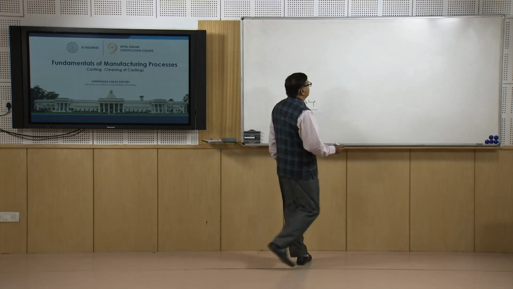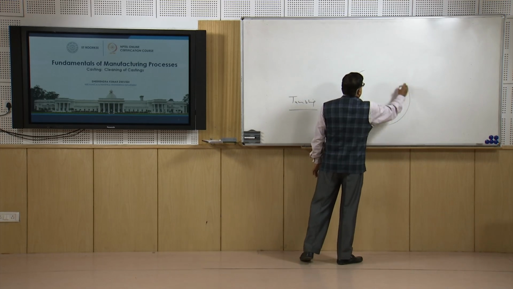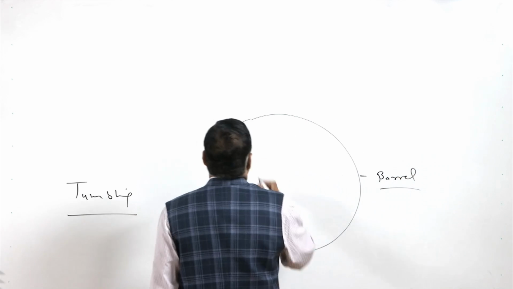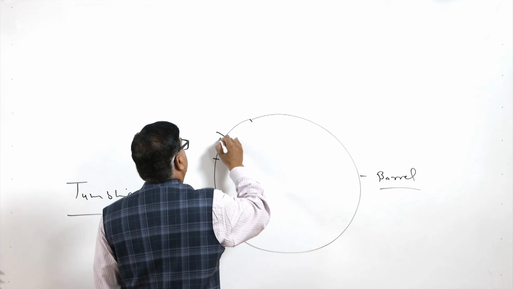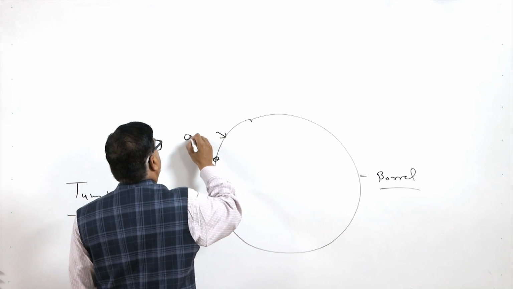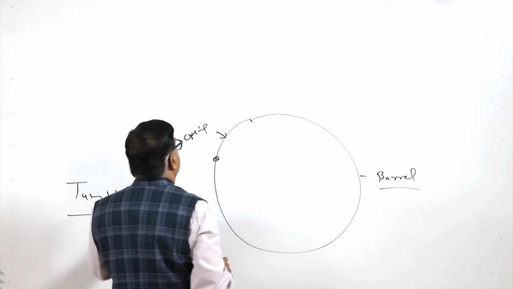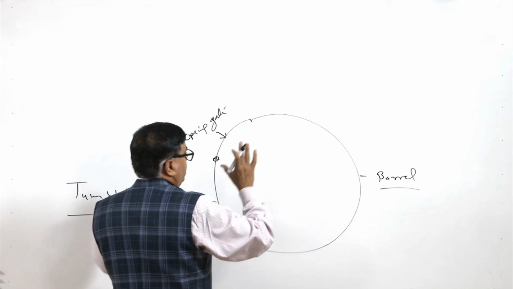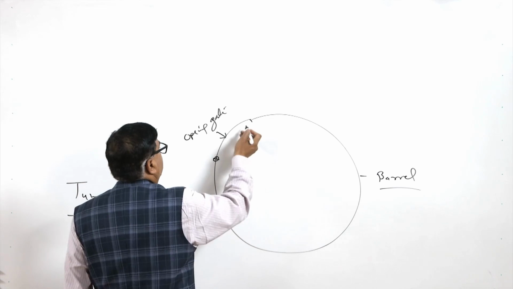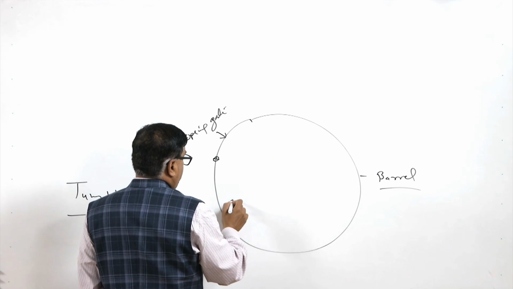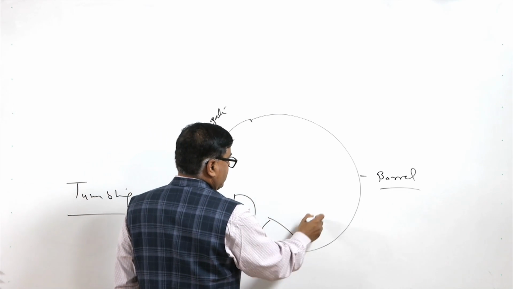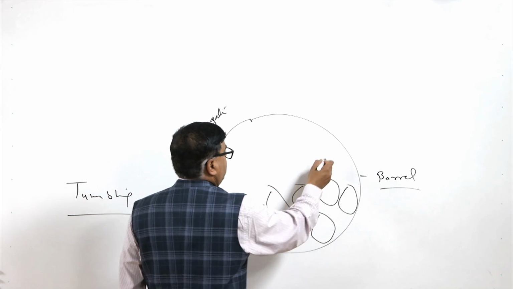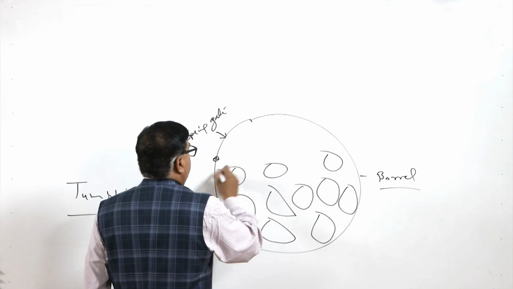In this case, one large diameter barrel is used, having an opening on one side, a gate which can be opened and closed. Whatever castings need to be cleaned, the gate is opened and the castings are placed in this barrel like this, one over the other, and enough space is kept empty in the barrel,